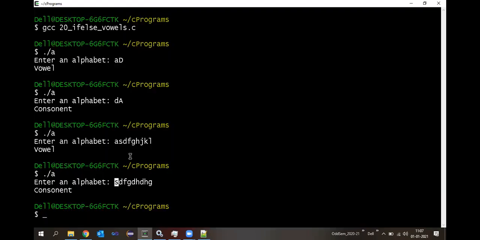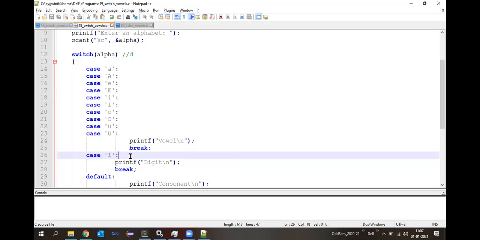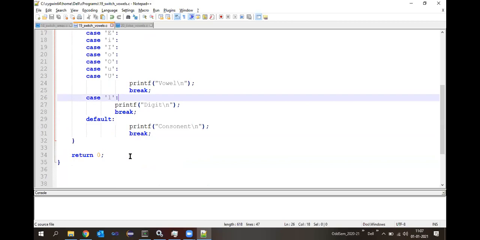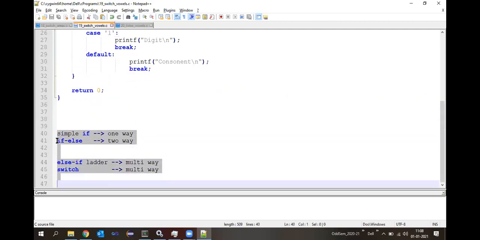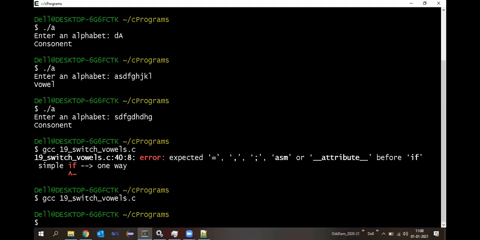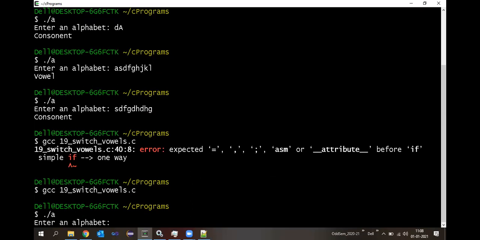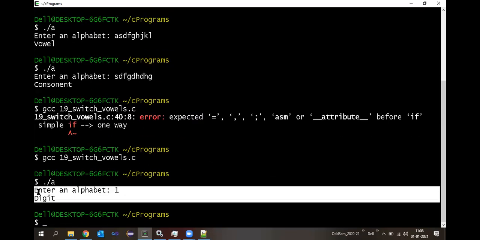Let us check for this straight away. This is GCC 19, right? What was that? Error at line number 40. Okay, let me take this out. Let us compile once again. No errors. See, when I entered 1, it showed me digit.